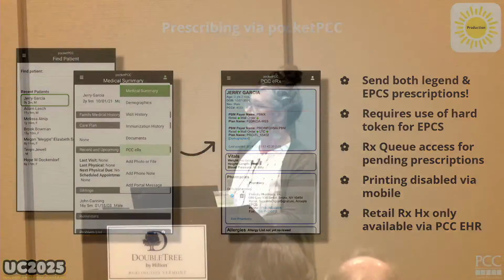And we have mixed feelings on this one. Retail RX history. This is the service that you can reach out to SureScripts and the pharmacy benefit managers to find out more about your patients. That might feel like information you want if you're not familiar with that patient, if you're on call. That component in particular, and we'll look at it in a little bit, it's really complicated. To be able to squish it down into your phone for the value that you would get and how often you might use it just didn't fit the scope for this one.